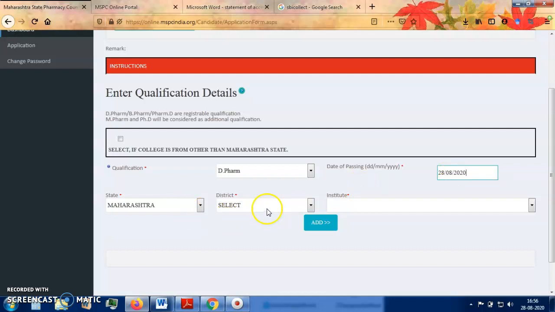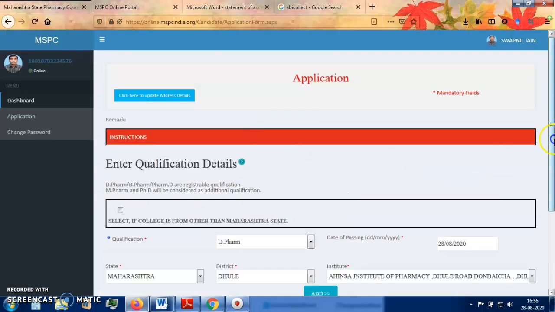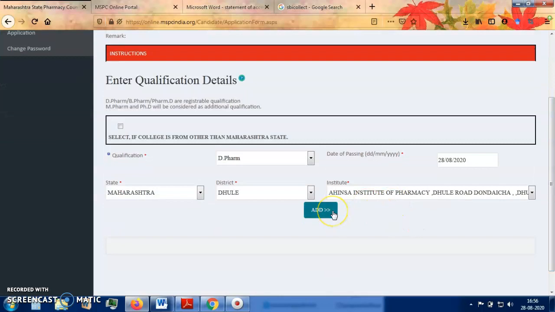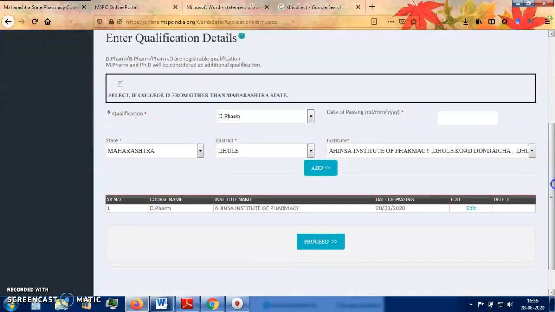State Maharashtra, select district, I will select Dhule, Ahimsa College. Now I will click on the add button. After clicking on the add button, at the bottom you will see the course has been generated. Now you will have to click on the proceed button.